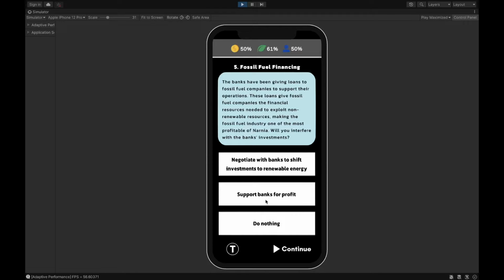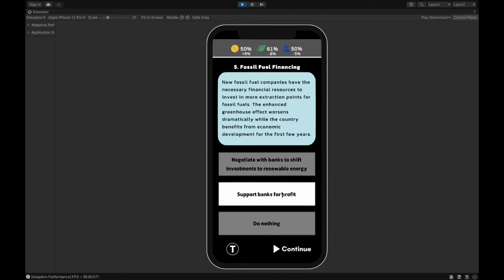Knowing that this is the more economically friendly option, but less so environmentally friendly, we can go ahead and choose this and see how it affects things. So we've noticed that the economic increase was beneficial in that it went up by 8%. But that being said, not only did our environmental score decrease by 8%, but our societal score actually also went down by 5%. So that's actually more of a downside or a negative outcome just because of the changes that were made